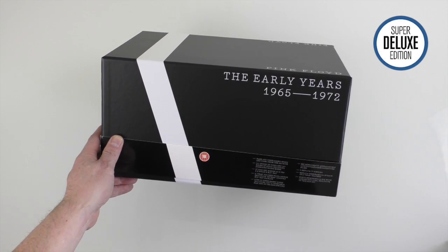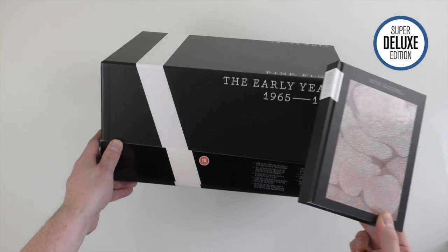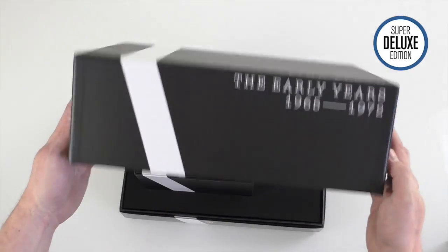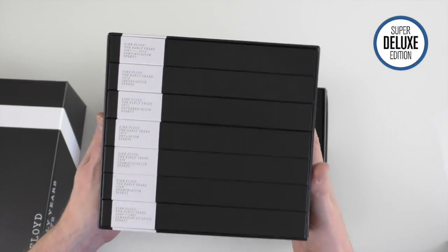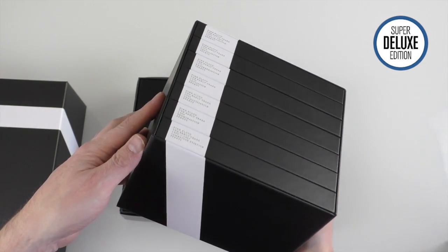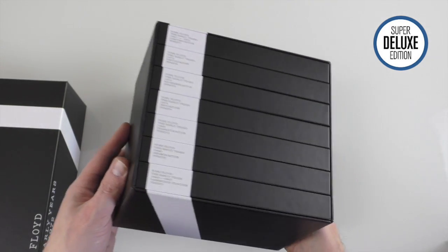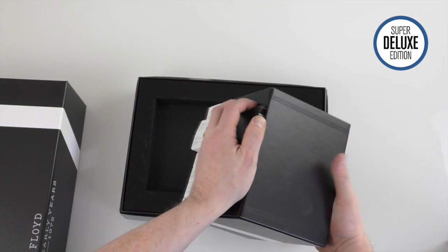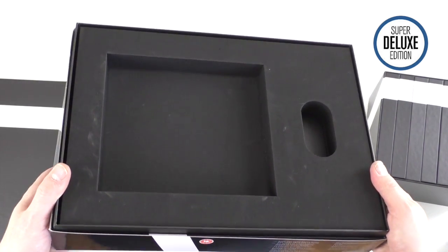To give you a size comparison, that is a normal sort of media pack. So you can see the difference in size there. Now this box set has a massive lift-off lid, a foam insert here. Here are the volumes, so it's kind of like a box within a box, to be honest with you. So there's 7 volumes, one of which is exclusive to the Early Years box set, and that's the last one, called Continuation. Now it's quite tricky to get these out because you have to tilt it and slide them. The reason for the bigger box is simply because the 7-inch singles and various bits of memorabilia